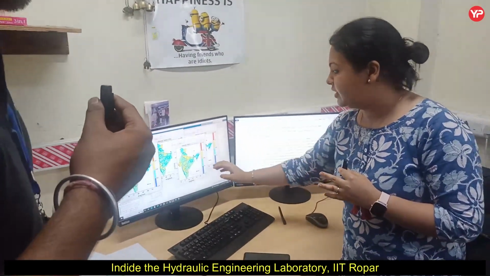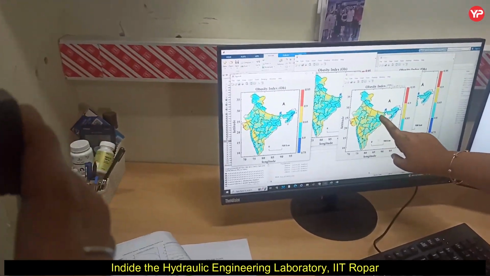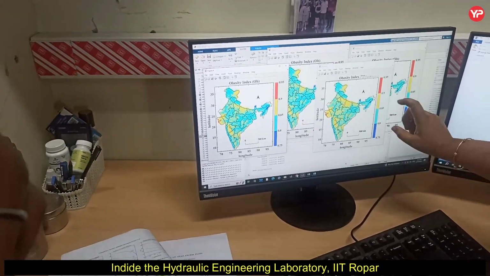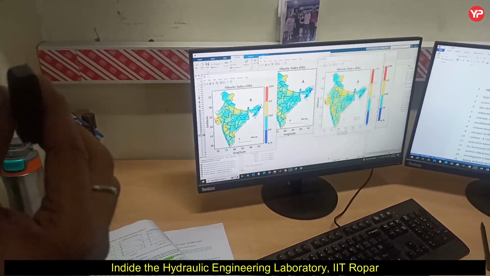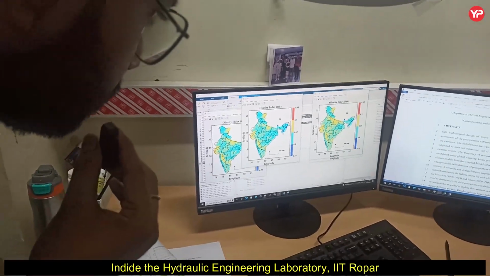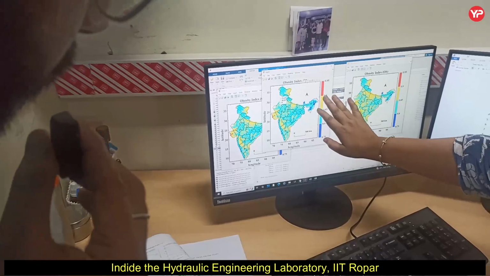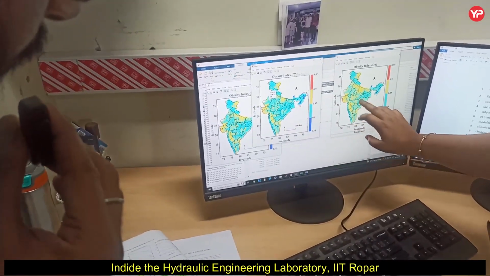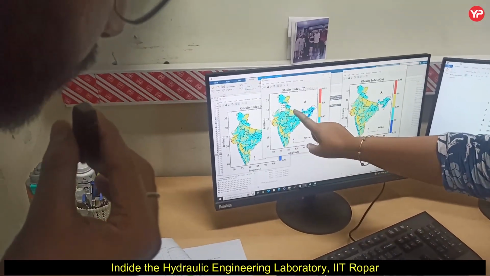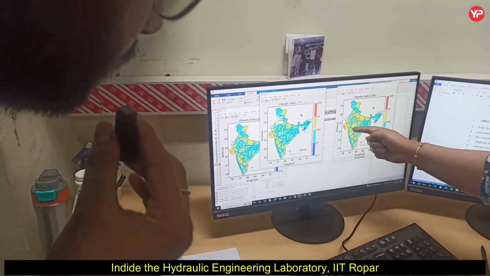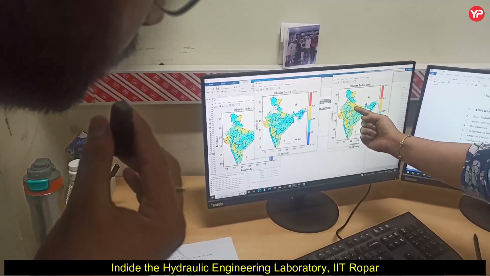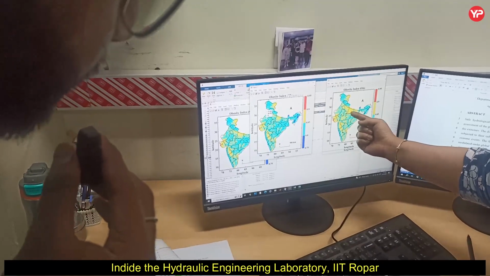So in that scenario, you can see the majority part goes to yellow color. This yellow color represents a value which is high, above 0.75. If you compare the least significant scenario and the worst scenario, you can see that there were a few patches in the former, but over here the patches have increased. The disturbances that were not in central India have now propagated here too, and this region of Punjab, Haryana, Uttar Pradesh and Bihar are the worst affected,